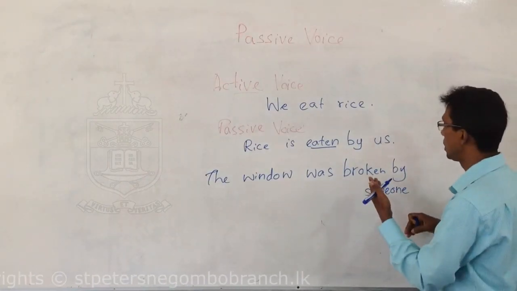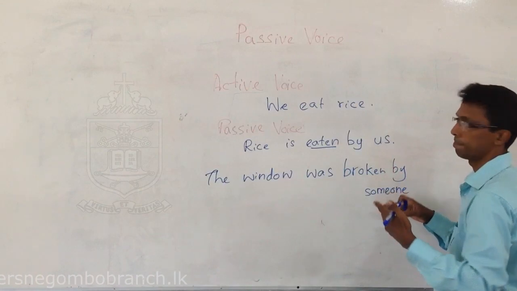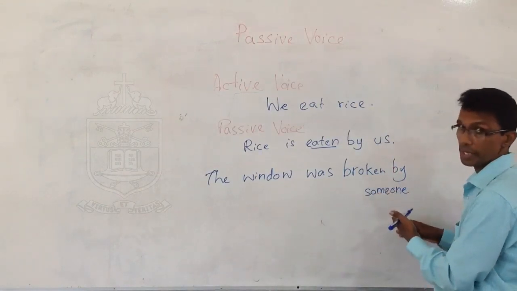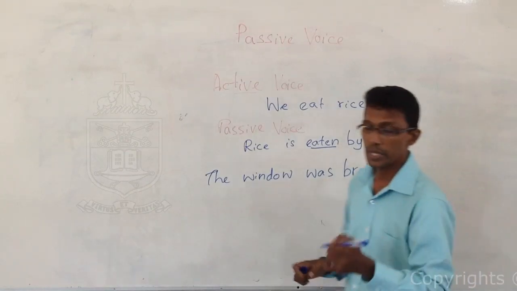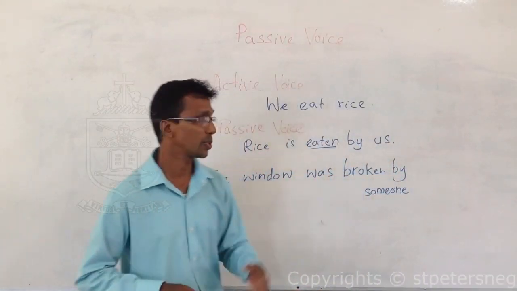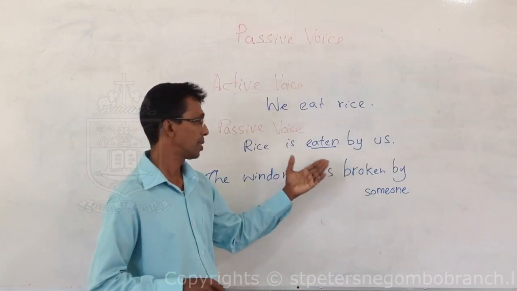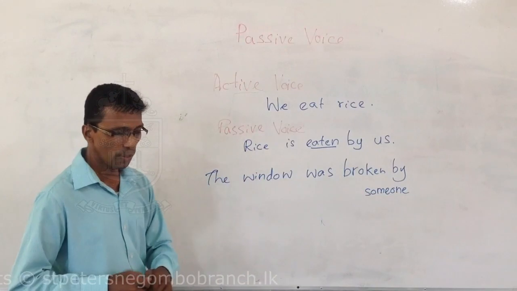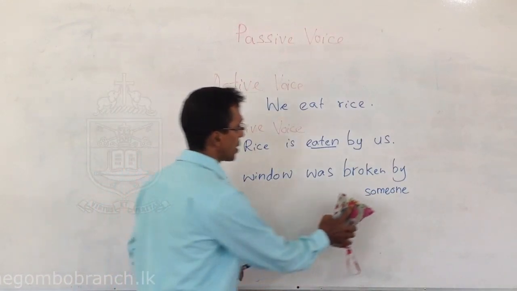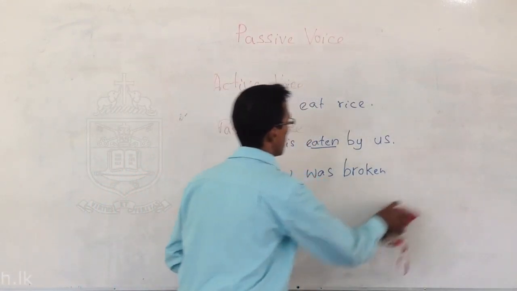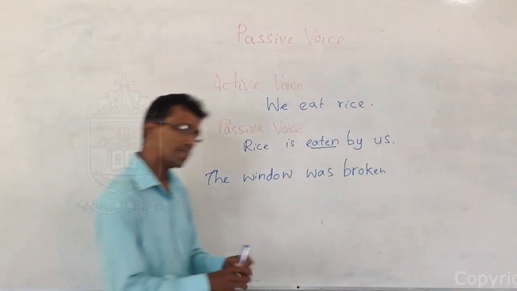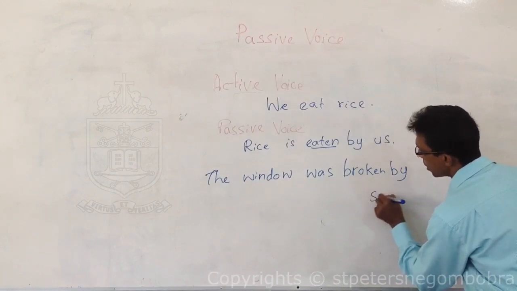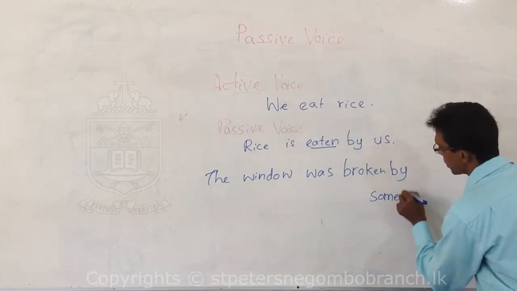Maybe it was broken by Roy or Anne. But since we do not want to tell the person who has broken the window, we use passive voice without using this part, or else you can say, by somebody, it's okay, by someone or somebody,